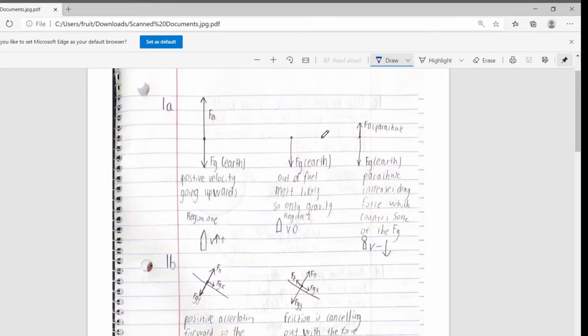I separate into three different free body diagrams corresponding to the regions that I believe fit. So first, there's a force applied that is greater than the force of gravity that's being imposed on it. Therefore, we have a positive acceleration, which will cause the velocity to increase. Thus, eventually, the rocket runs out of the force applied, so it eventually is only being affected by force of